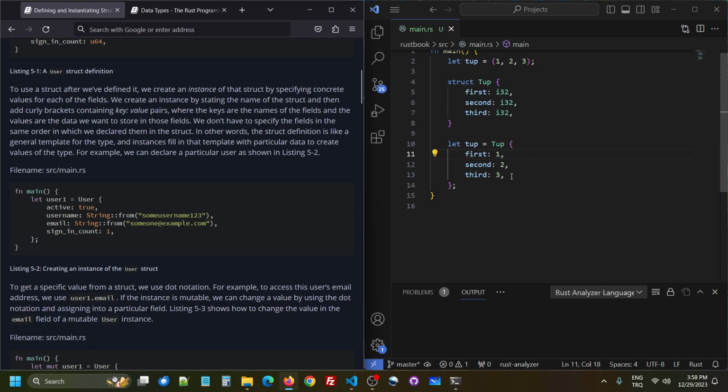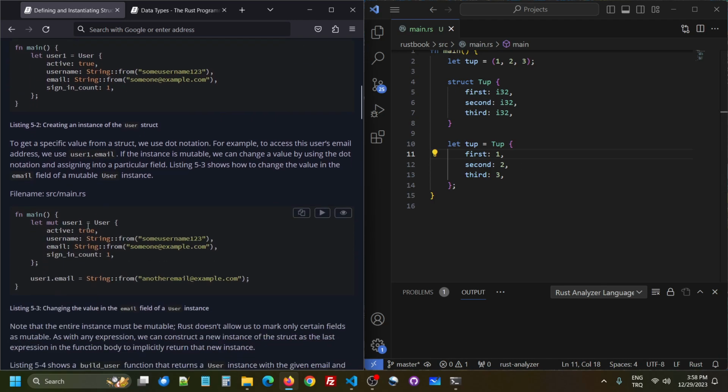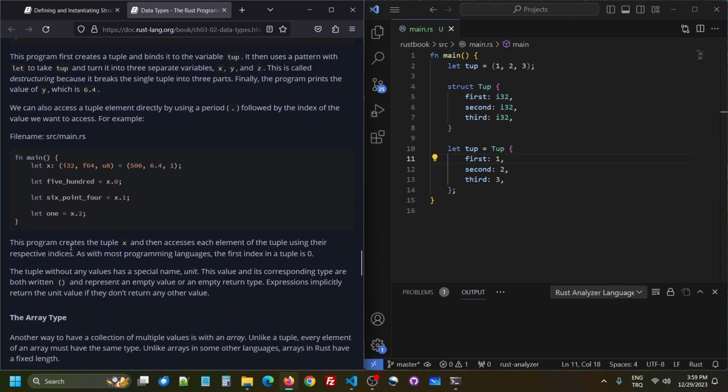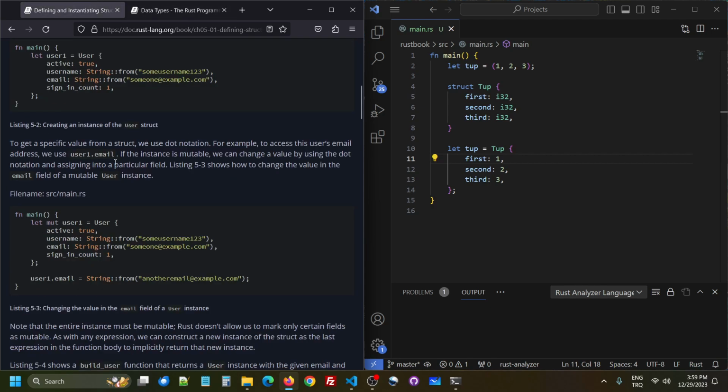Okay, yeah, I did that here. To get a specific value from a struct, we use dot notation, like tuples. So tuples use dot notation like that: the 0 index element of the tuple, the 1 index element, the 2 index element. And it's like that with structs. For example, to access this user's email address, we use